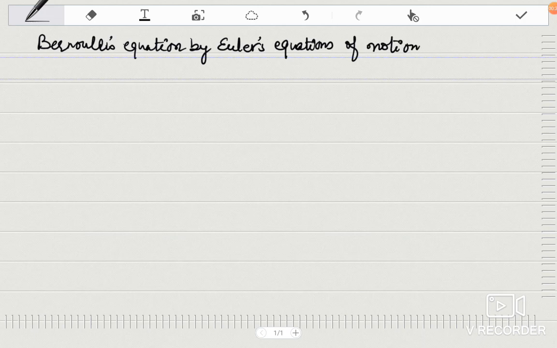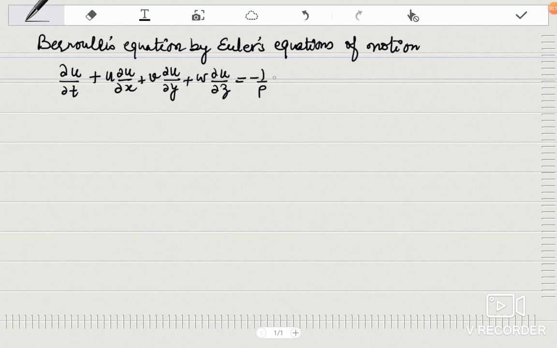So if you remember Euler's equations of motion, which were derived from Navier-Stokes equations of motion, these were ∂u/∂t + u ∂u/∂x + v ∂u/∂y + w ∂u/∂z = -(1/ρ) ∂p/∂x + fx, where fx is the body force in the direction of x. Similarly for the y direction,